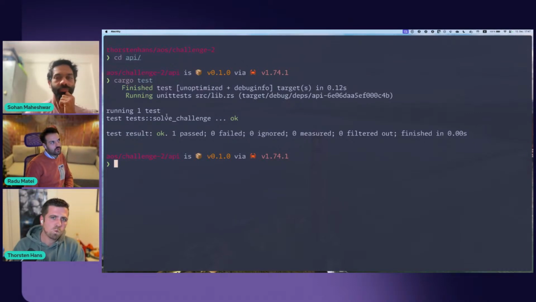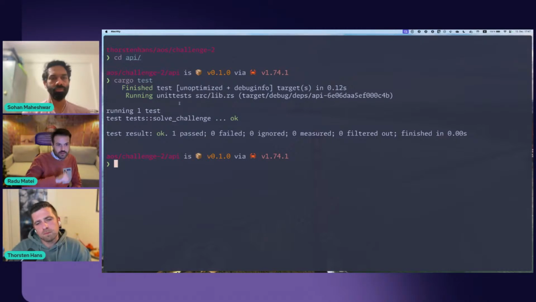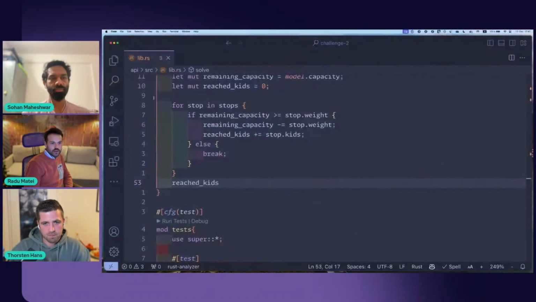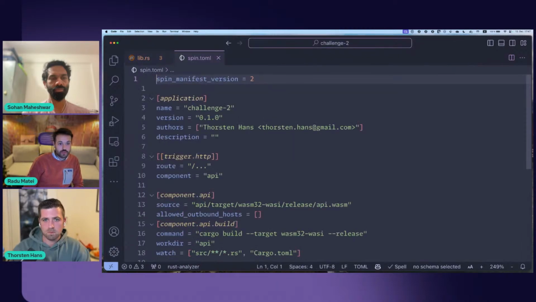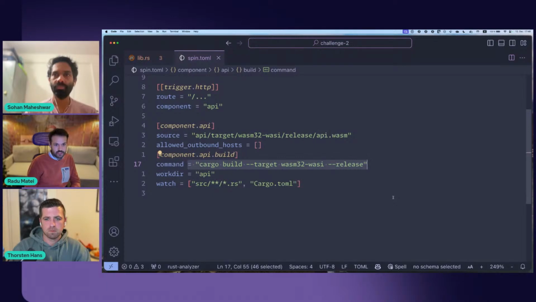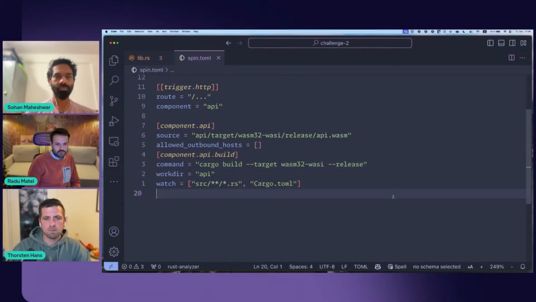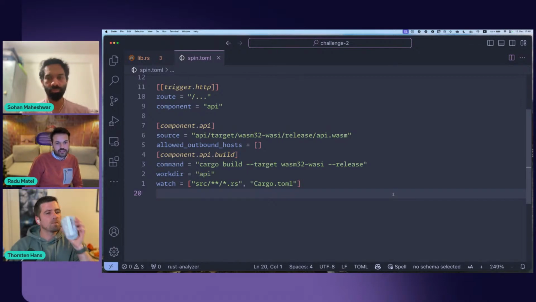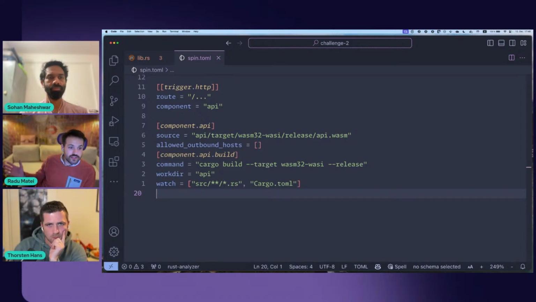Integrating a strategy for unit and integration tests is something that we've wanted to do for a long time. If you open the spin.toml file for a second, yes, spin.toml has a reference to how to build your component. So there's a component build section that basically has the command to build it. We've been thinking for a while about what testing looks like in this world, and I could see a component.tests section that would contain basically the cargo test command or whatever other setup is required to do testing, whether it's unit testing or another kind of testing.